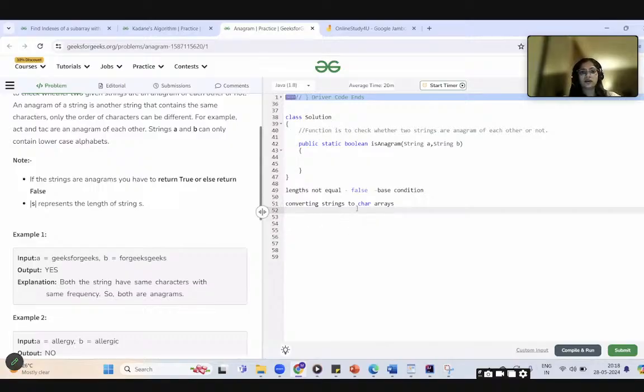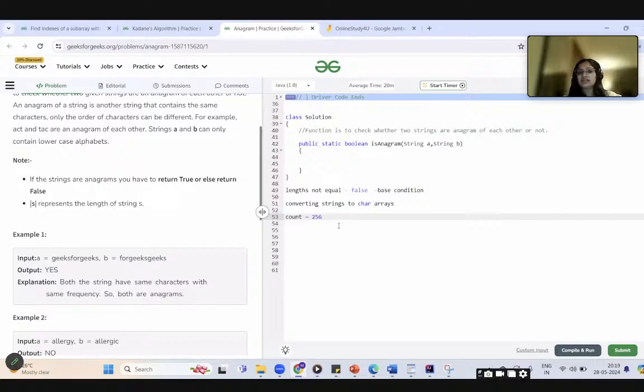Okay. So our second step should be that as we are iterating towards this string, towards this array, we can take one count array. Like there are 256 style characters in Java, it's lowercase and uppercase, and there are some other characters in Java, right? So we can take count arrays, and in count array, we can initialize the size as 256. Why 256? Because that is the number of style characters in Java. So all the characters, whether there are any character in the string, that will be covered in this 256.